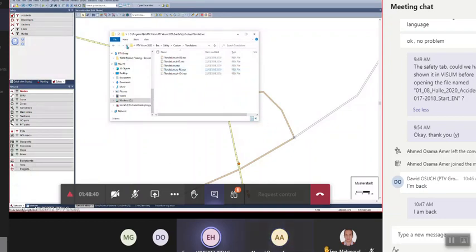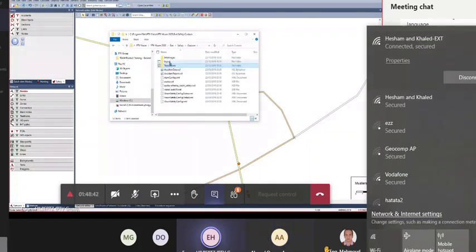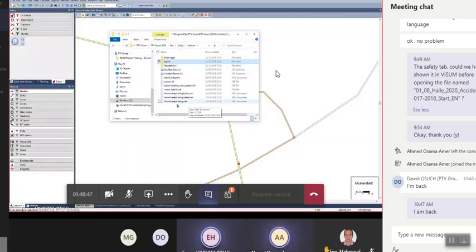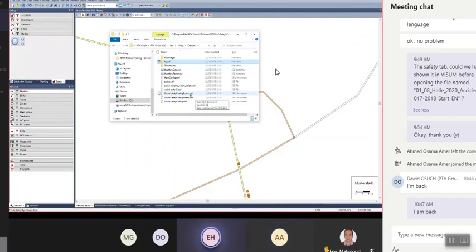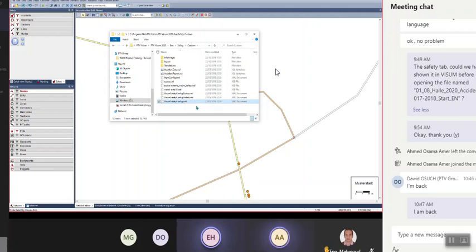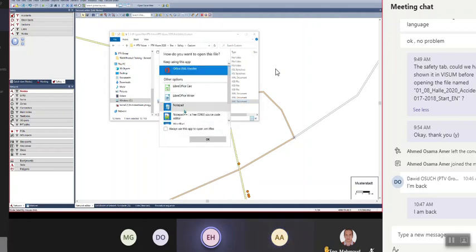There are different translations, and there is only layout, and there is some configuration to read, the Visum safety configuration XML file. This is the default setting of the configuration file. If I open this XML file with Notepad,